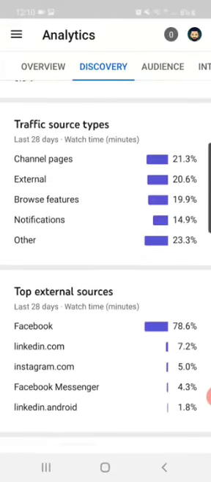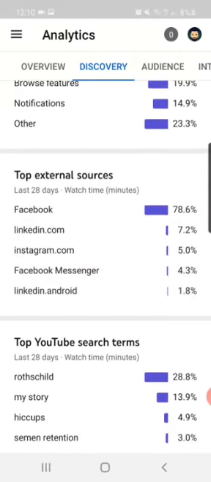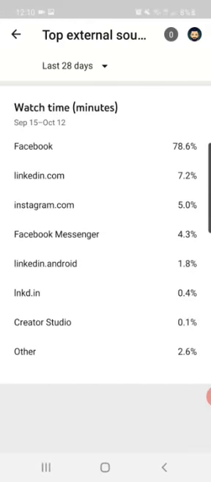And now over here you can see that top external sources is where the traffic is coming from, and it's Facebook. And on Facebook, for example, I am posting and adding new people, and I'm actually generating all these nice beautiful percentages. And also LinkedIn has started, and Instagram, which is the Facebook ads, and you can see Facebook Messenger, and some people are adding me in Facebook Messenger, and they're also sharing my content around in that.